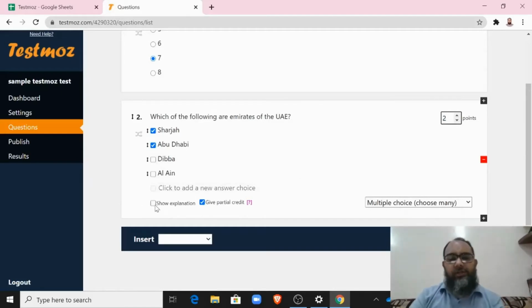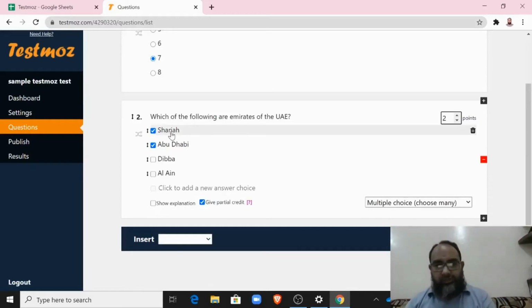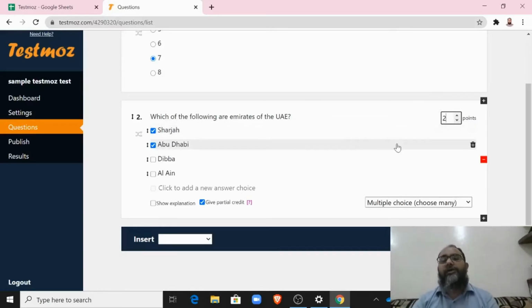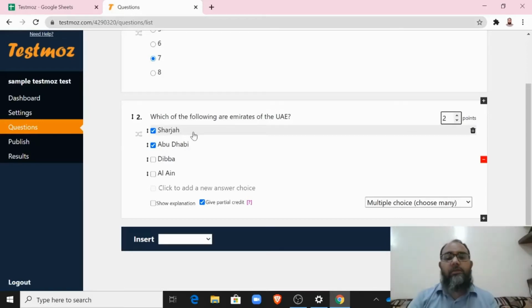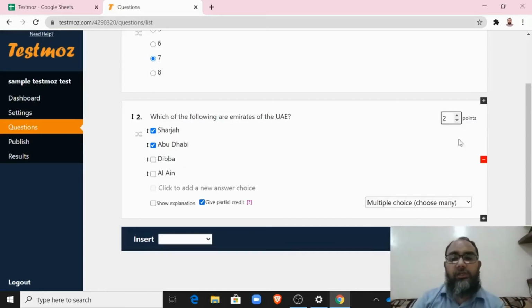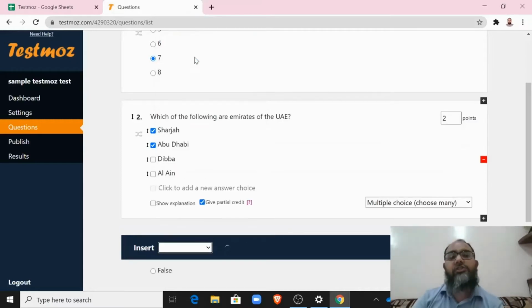And at the bottom, if you notice, you have an option called give partial credit. So when you check this box, if a student chooses one of the correct choices, he gets partial credit. In our example, since I have assigned 2 points for a completely correct answer, if one of my students chooses only Sharjah or only Abu Dhabi, he will still get partial credit, which means he will score 1 point for this answer. If he chooses both the correct answers, he will get the full 2 points. So let us leave this checkbox selected, give partial credit, and move on to the third question type, which is